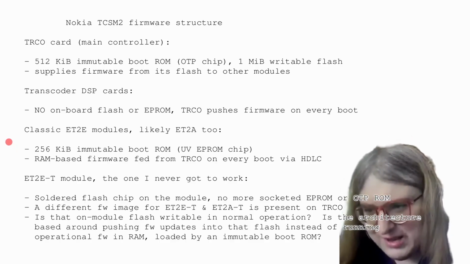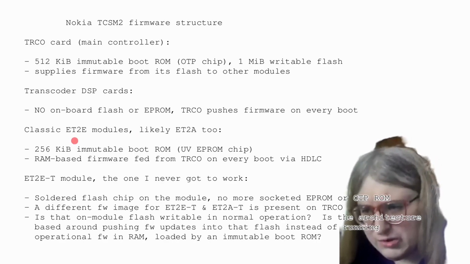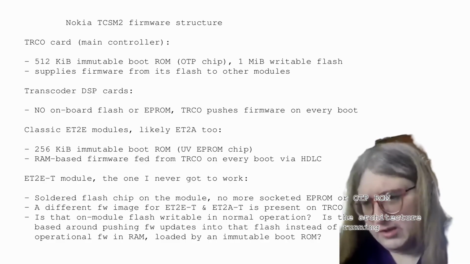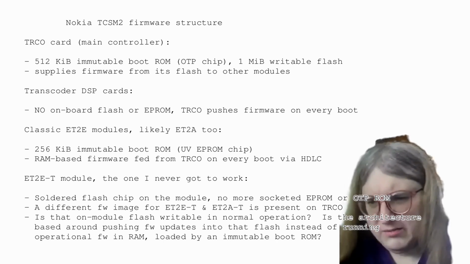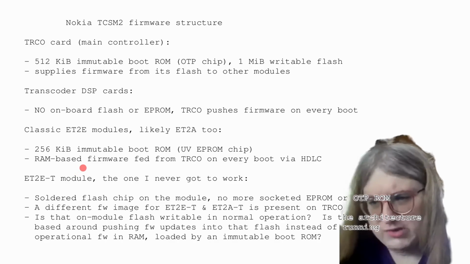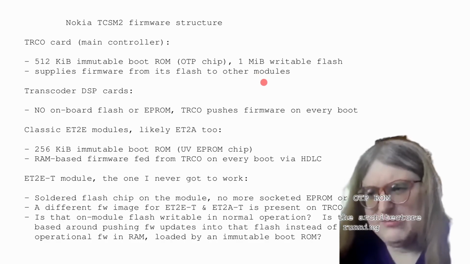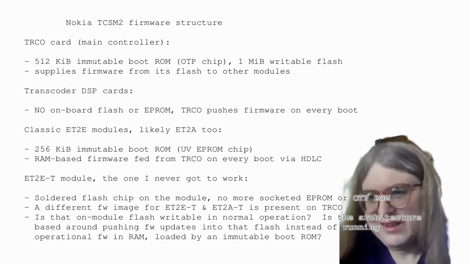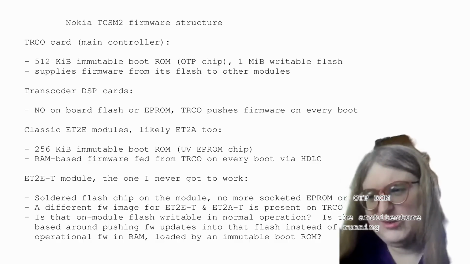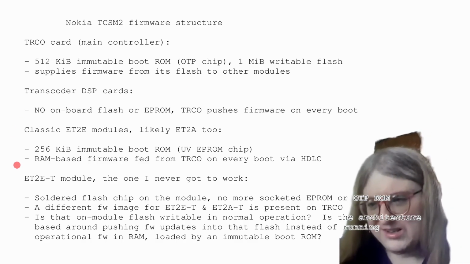So with these modules, and like I said, I only know for the E1 version. For the T1, I say likely, but not know for sure. So they have the ROM that's on the module itself. It's an EEPROM. It's in the socket. It'll be either the UV version or the OTP version, depending on which version you got. But the operational firmware, it runs out of RAM. So on every boot, the firmware that's stored in the TRCO, you can see the images there for the different exchange modules. And so there's an exchange terminal firmware that's being pushed from TRCO across the interchassis link,